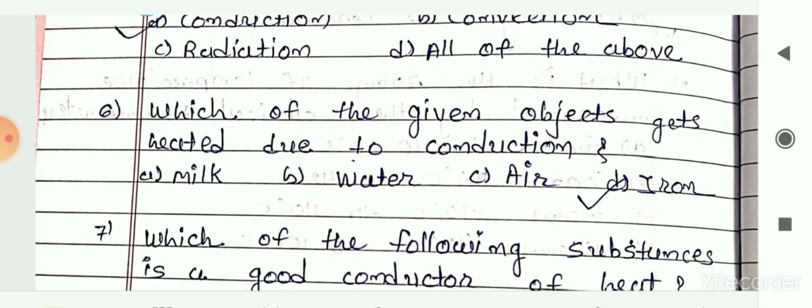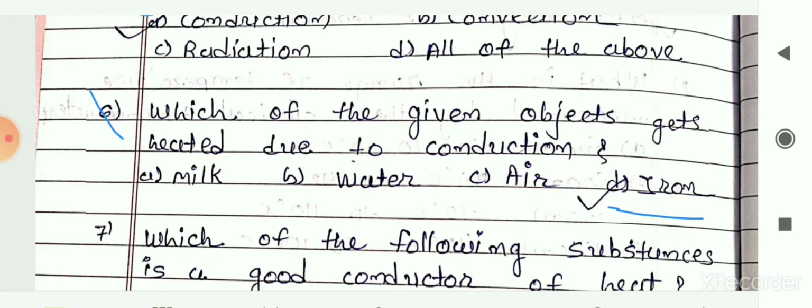Next is, which of the given objects gets heated due to conduction? The options are water, milk, air and iron. So your answer is iron, option D. As we had seen, in solid substances the transfer of heat takes place by the process of conduction. So here your answer is